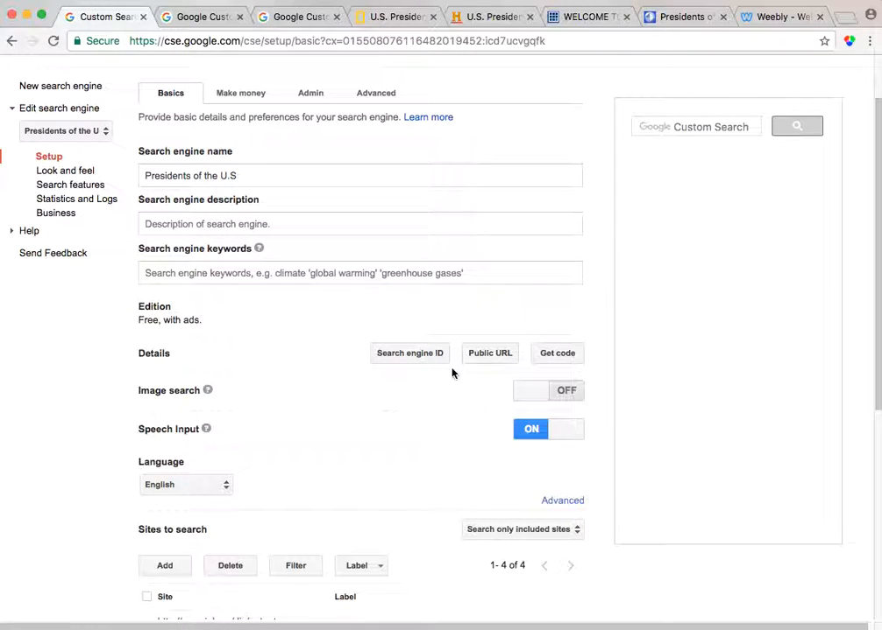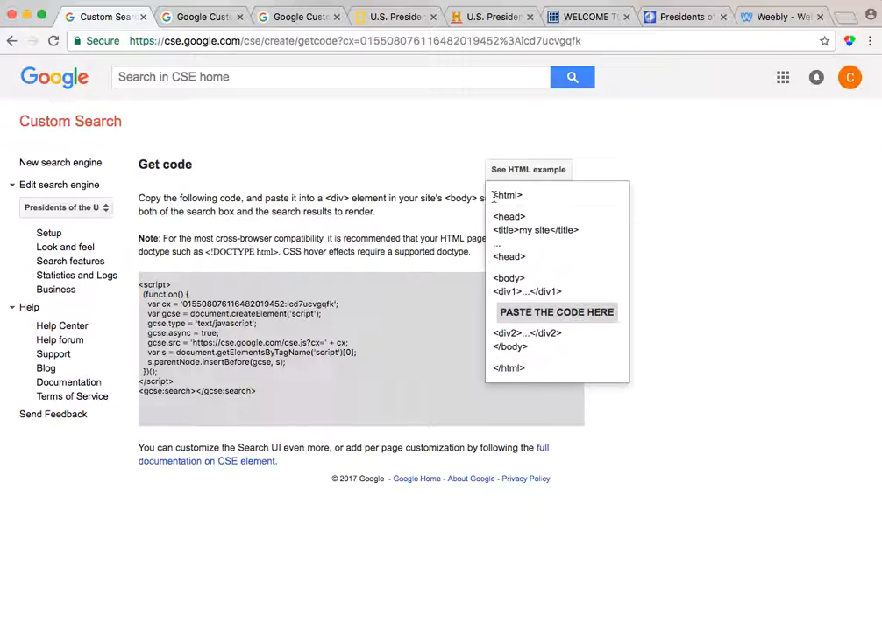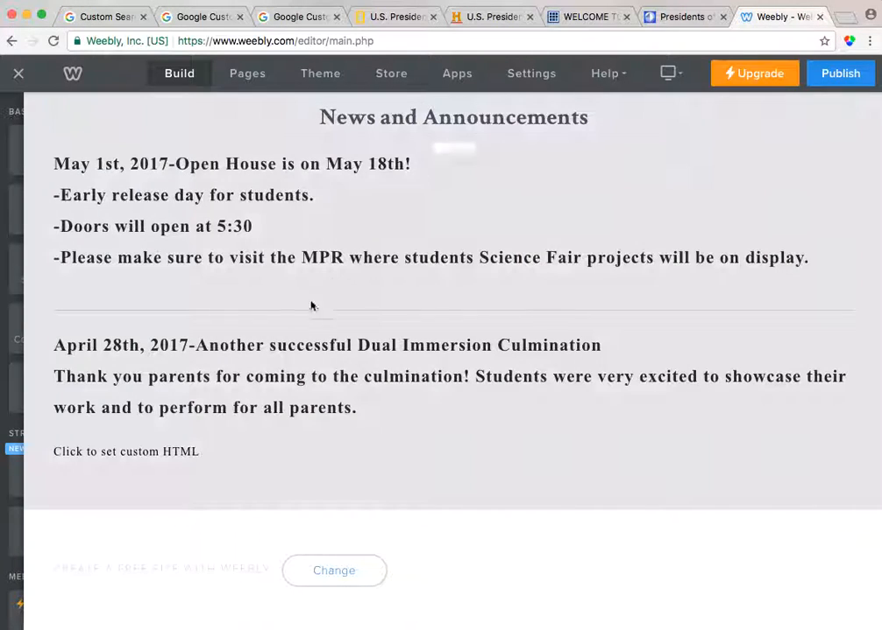Okay, so here, Get Code. That's what we want because we're trying to embed it on a website. So here it gives you some instructions. The nice thing is that they give you an example here. So you basically just copy this here. Okay, copy it. And then you see where it says paste the code here? That's where we're going to paste this code in the gray box. But not yet. So just copy this and go to Weebly or whichever